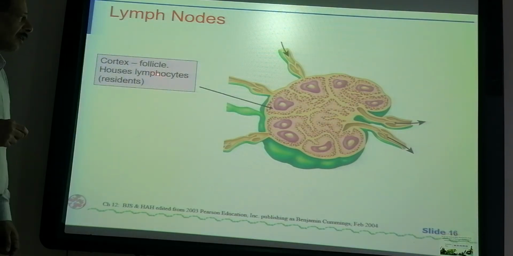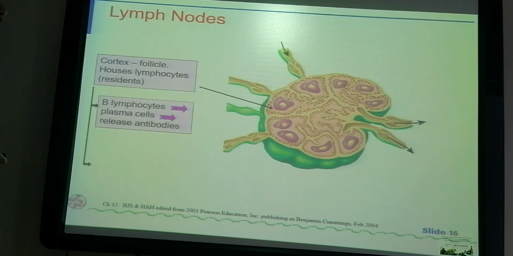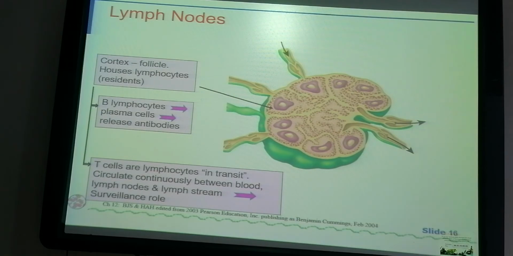The cortex follicle houses the lymphocytes, which are the resistance part and will kill the microorganisms there, preventing them from passing to the circulation. B lymphocytes also become plasma cells, which are related to the antibodies that will attack the antigen if it is there. B lymphocytes and T cells are lymphocytes in